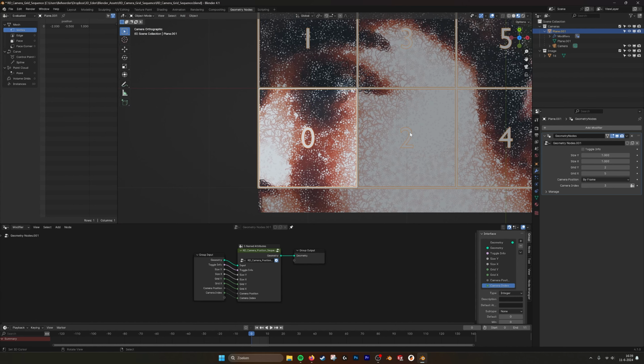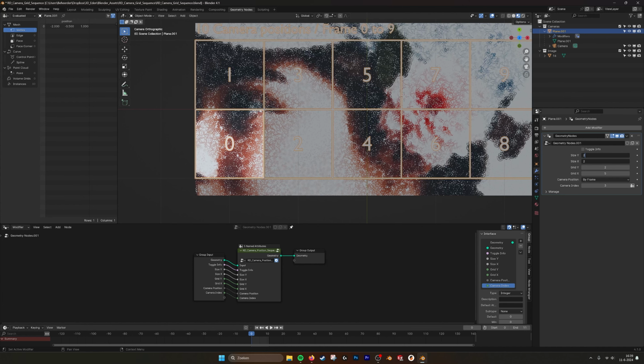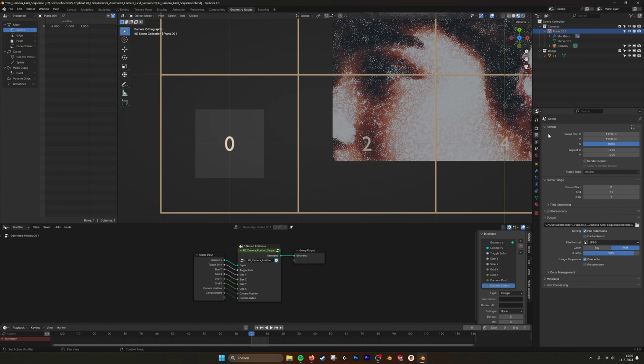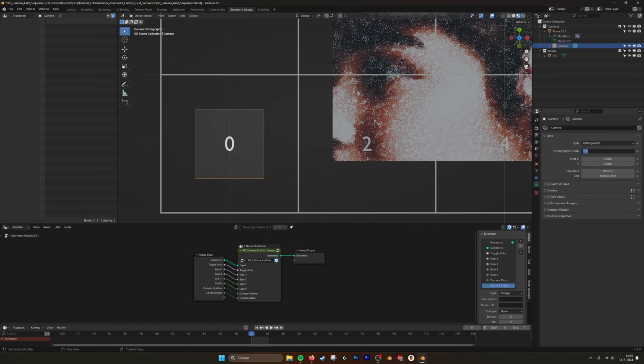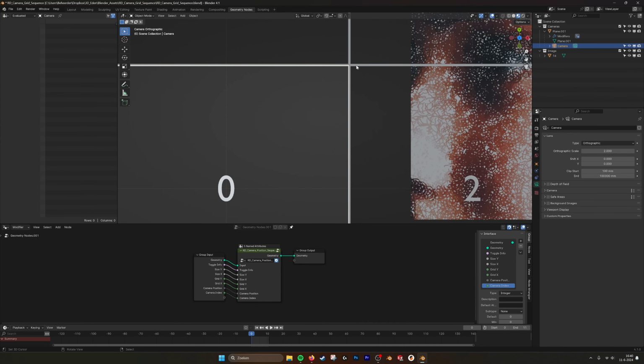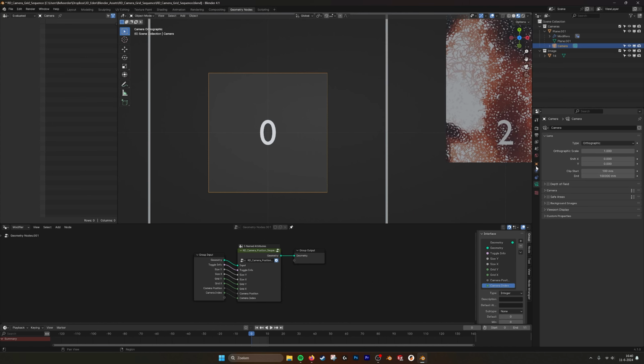You can also change the size. So if you want to have bigger squares, you can set it to 2. And as you see now, the square of the camera is too small. So you have to set also the camera. If we go into the camera here, set this orthographic scale to 2, then it will line up perfectly again. So you have to set the camera scale as well as the geometry node scale,